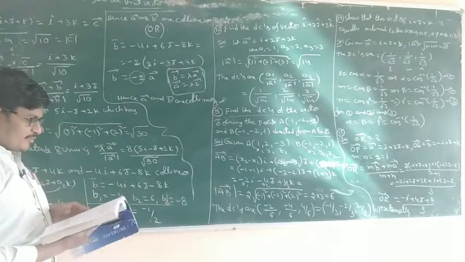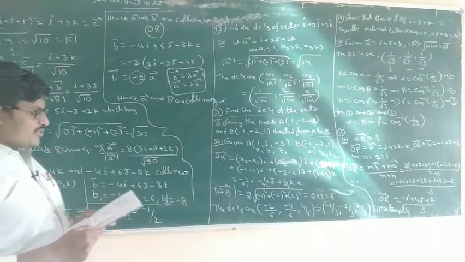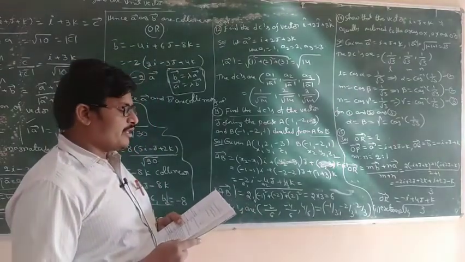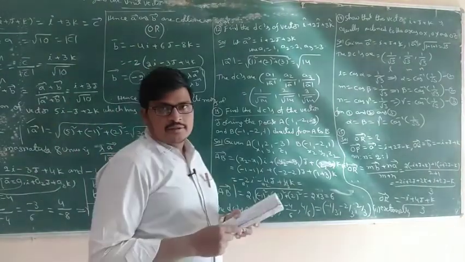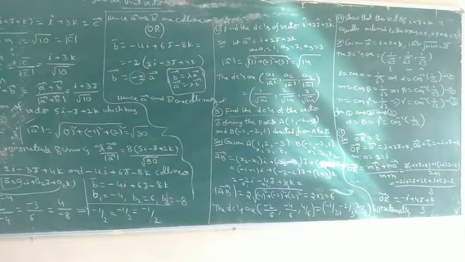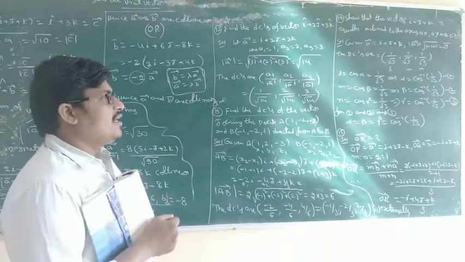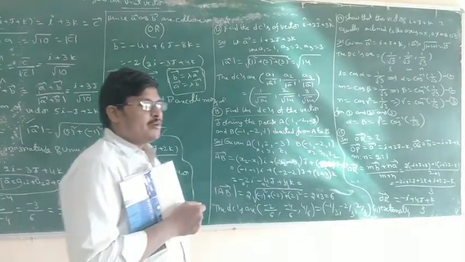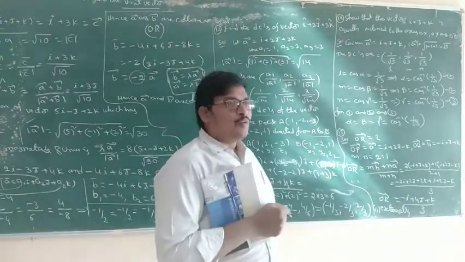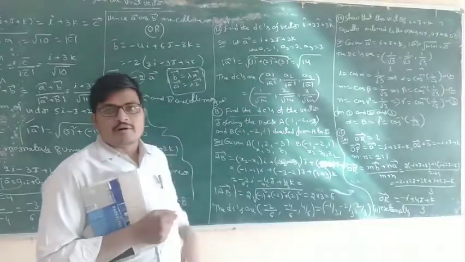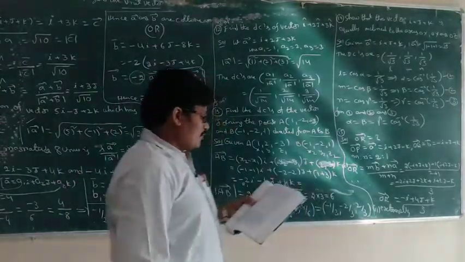And the 16th problem: find the position vector of the midpoint of the vector joining the points P and Q. Midpoint is in the section formula. Today's topics: section formula internally, externally, and the midpoint formula. What is the midpoint formula? Two vectors A bar and B bar are given. The midpoint of vectors A bar and B bar is (A bar plus B bar) by 2. So the 16th problem is homework.